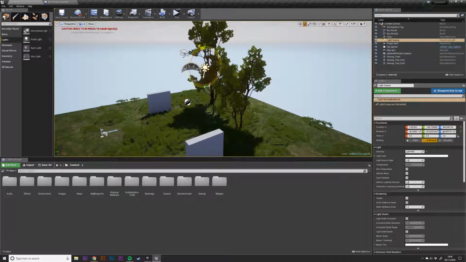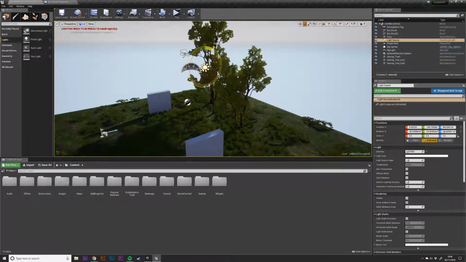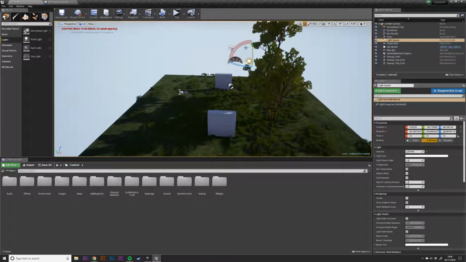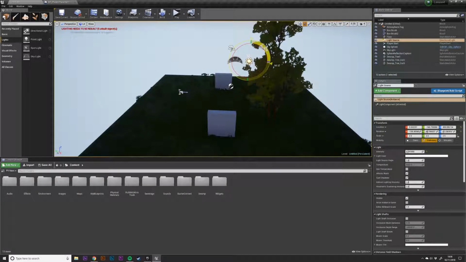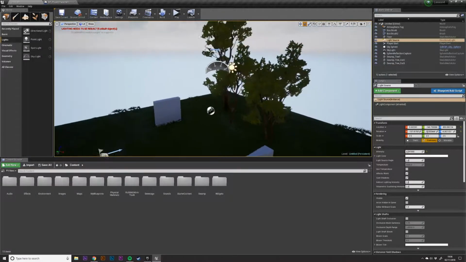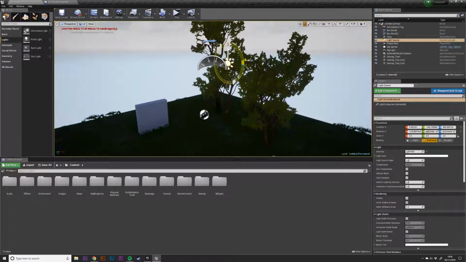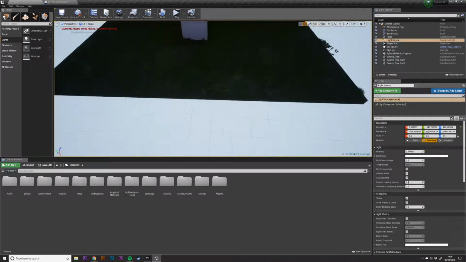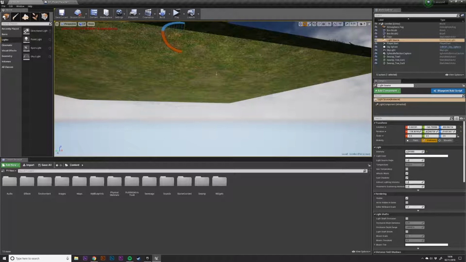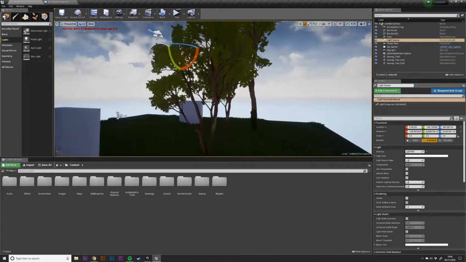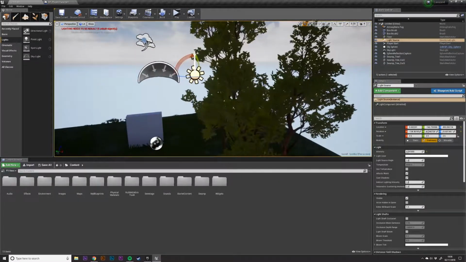As I start to rotate this, the more I rotate up the way, the later the day becomes. So we have longer shadows as the sun starts to set. If I rotate this all the way around, so that line is pointing directly up the way, you can see that line's pointing up the way there. You'll see that the light is now casting underneath our environment and it's hitting the bottom here. So if I want to actually make this into fully night